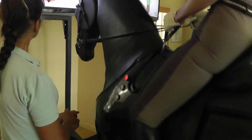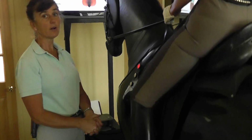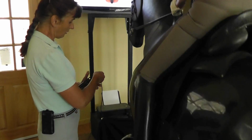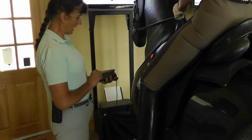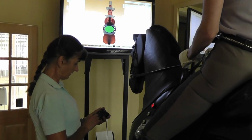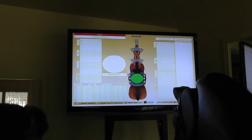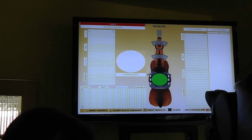We're going to show you also the different screens that we have. The auto training is a wonderful feature that we have, and that I do with all the new riders that come here. They first do the auto training, which means that Luke actually goes by himself for 1 minute. He goes walk, trot, left canter, right canter. The sensors are reading everything that is happening during this minute,